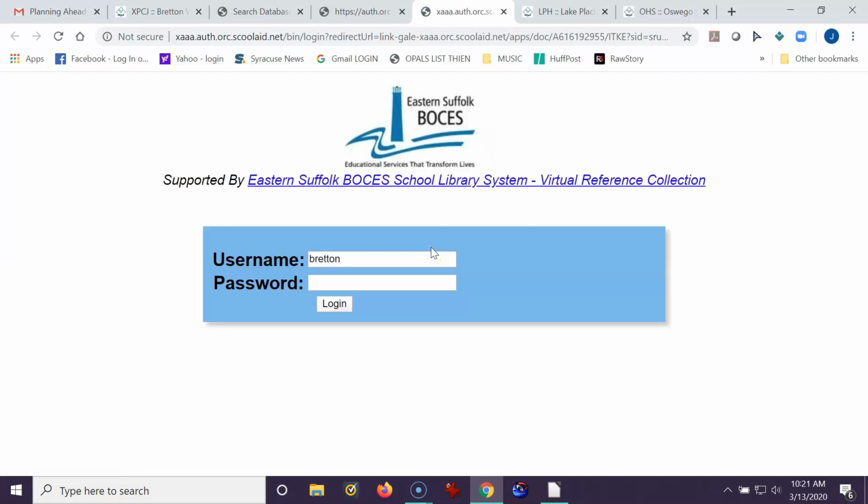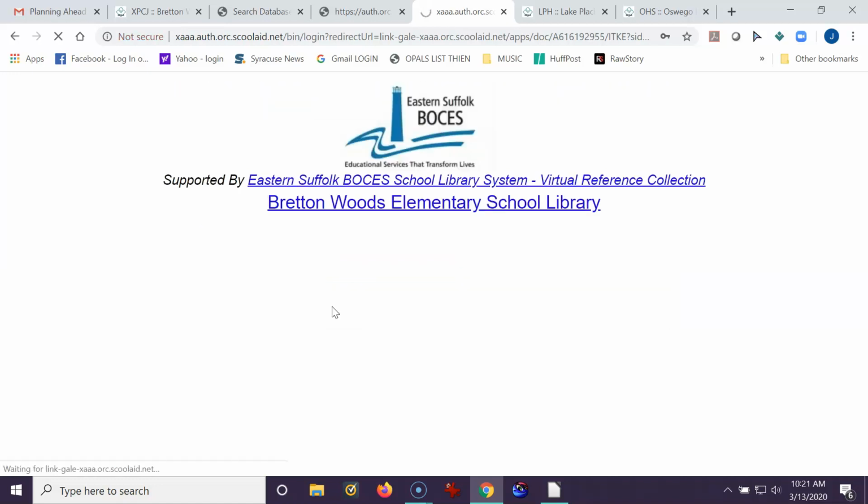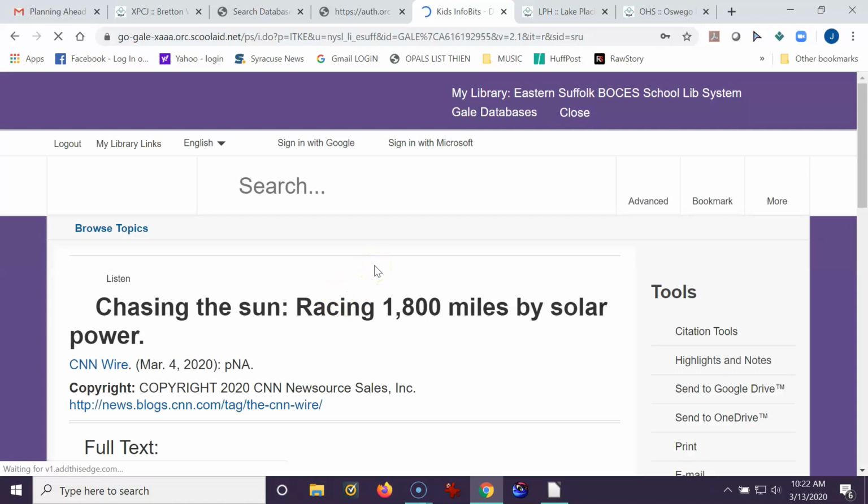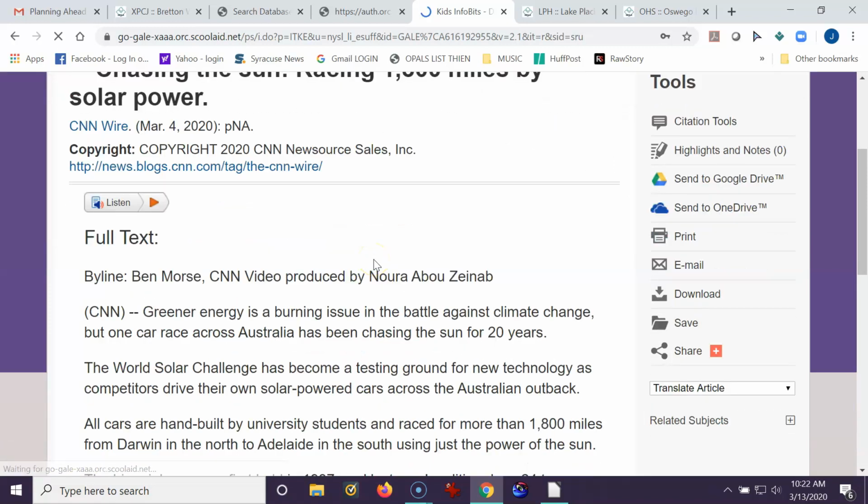And right now is where you might be asked, or you will be asked, to log in to your school's subscribed databases. So I'm going to put in my password and click Login. By the way, once you're logged in, all the databases are accessible. You only have to log in once, and then you can choose any database you like, go back and forth, and you will have access to all the databases. So here's the article on Kids InfoBits on chasing the sun, and you'll see that you have email options, print options, download, save, highlight, and notes, etc. I'm going to close this window,